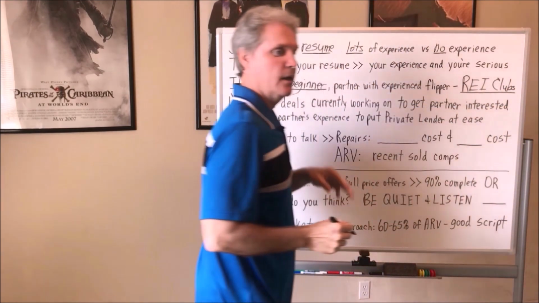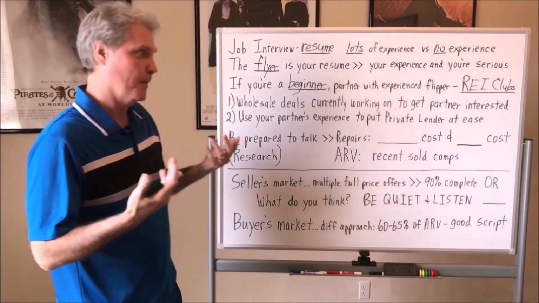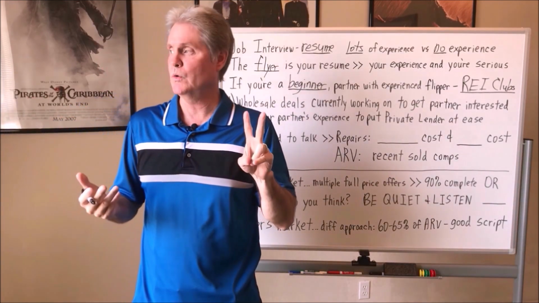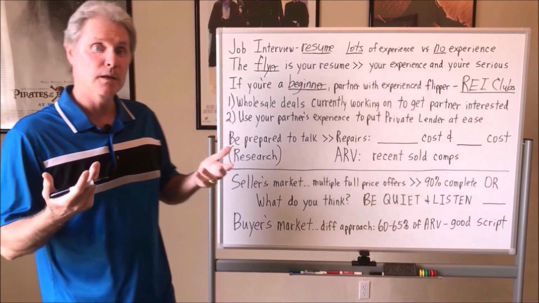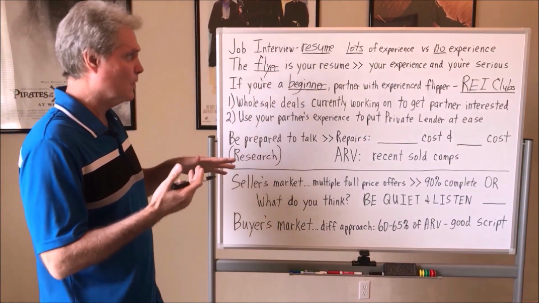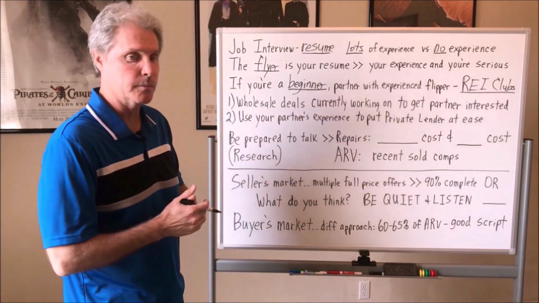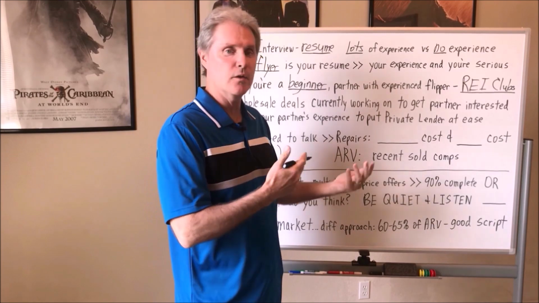When I was in LA, there were actually 3 REI clubs that met every month. And here in Austin, there's actually 3. There are 2 main REI clubs that meet every month. So the REI clubs are just one place to meet these experienced house flippers. You can also go to the bandit signs, and there are other ways to find them.